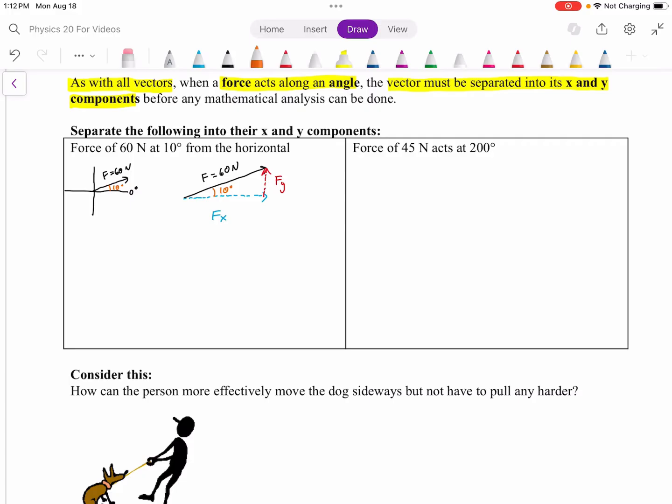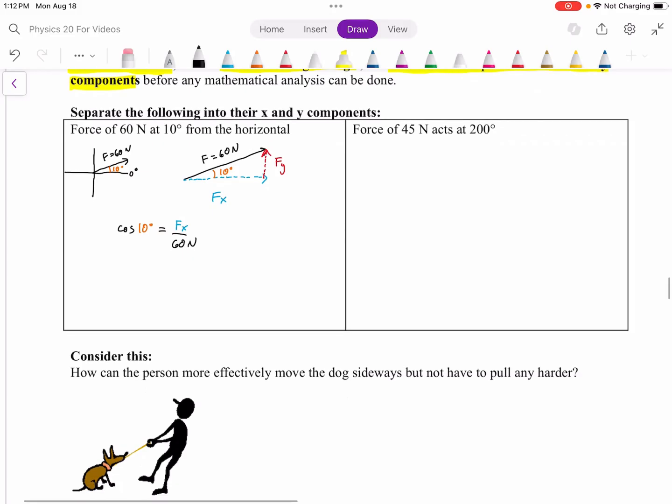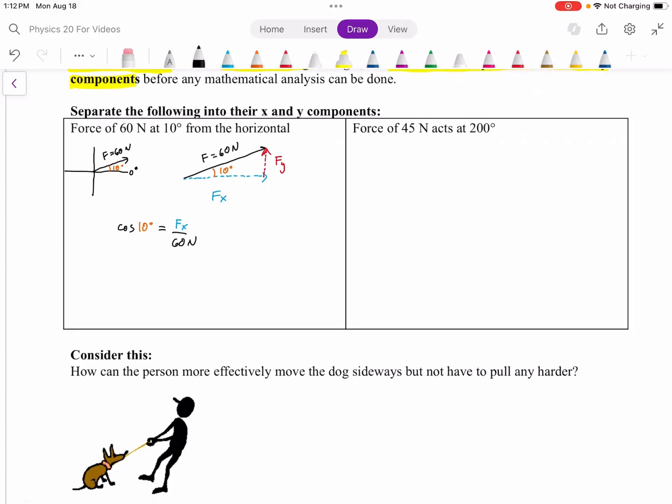Adjacent, hypotenuse, so we can use cosine. The cosine of our angle equals adjacent, the x component, over hypotenuse, 60 newtons. We can solve this for Fx. It's being divided by 60, so multiply both sides by 60, and we get that the x component, the rightness of this force, is